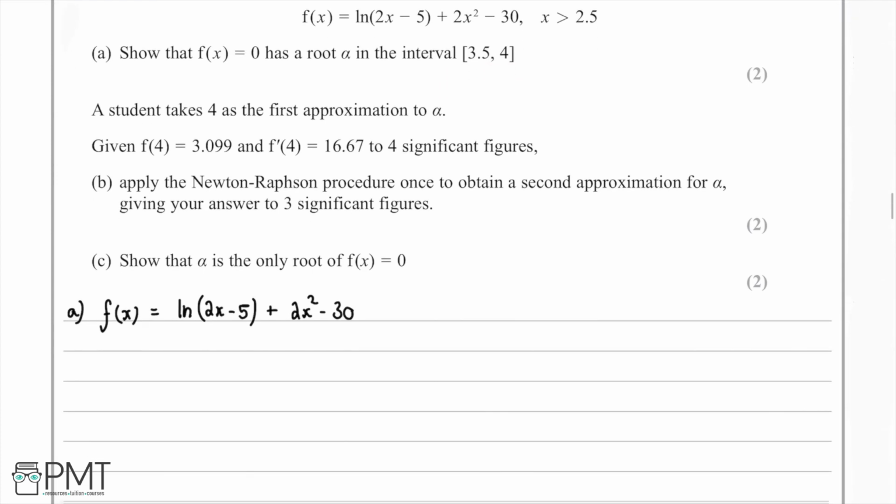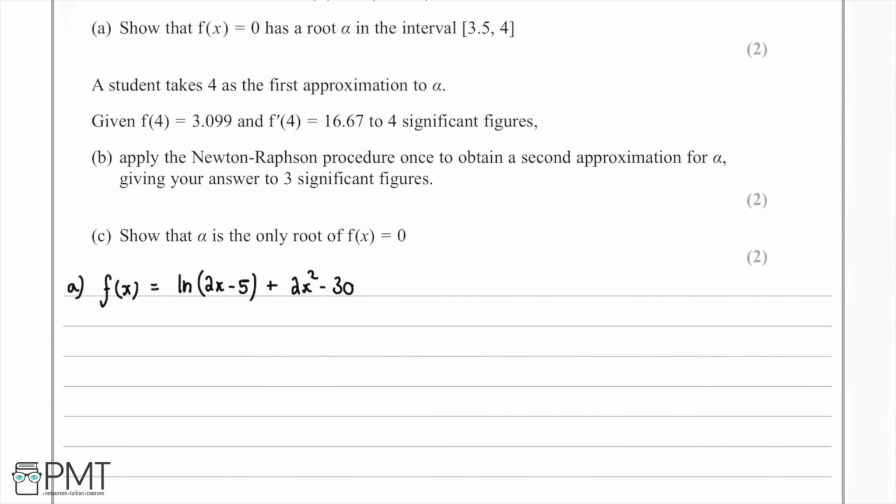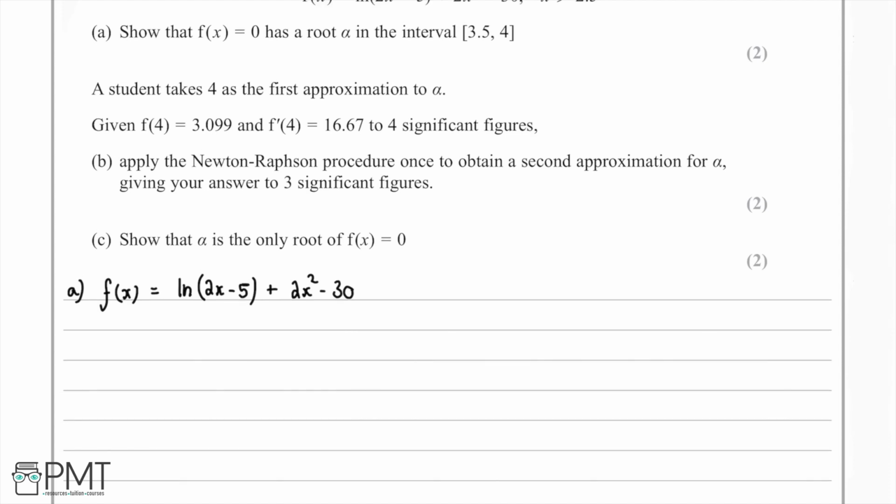So how are we going to do this? What we can do is show that if there's a change in sign within the interval 3.5 and 4, then we know that there will be a root at f of x equals 0. Let's take f of 3.5, which is the start point of our interval. So we do ln of 2 times 3.5 minus 5 plus 2 lots of 3.5 squared minus 30. Then if we put this into our calculator, it comes out at negative